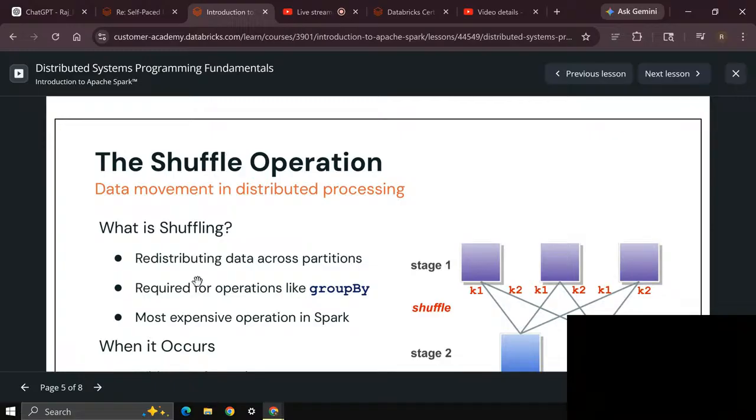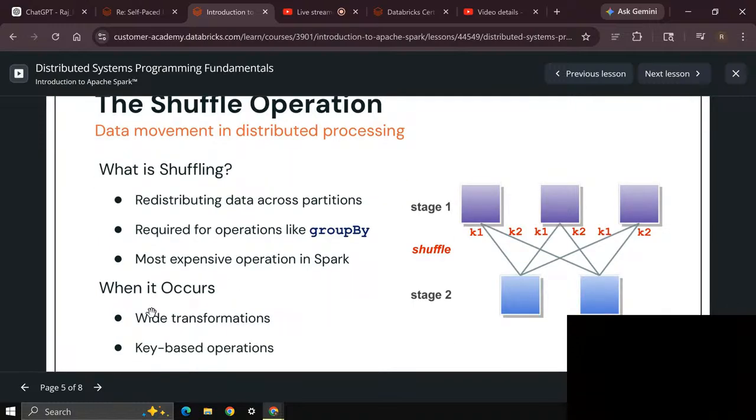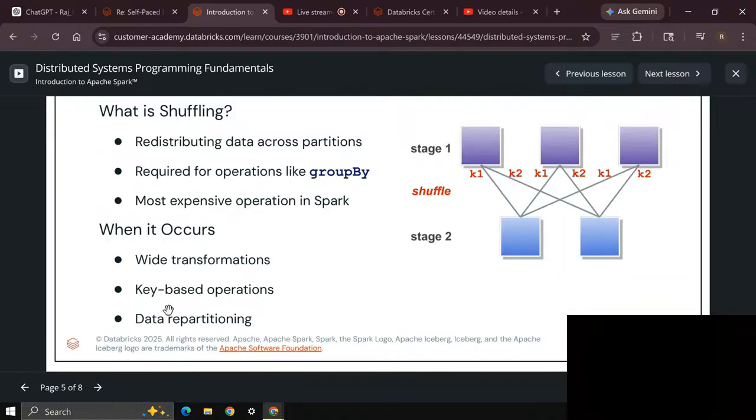Narrow transformations are simple, which can execute in one partition. It does not have any dependency on the data of any other partition, so it's called a narrow transformation. And wide transformations are where there is a dependency of the data with other partitions. So in those cases, that is a wide transformation. When does it occur? Of course,